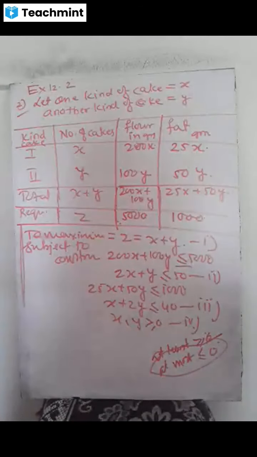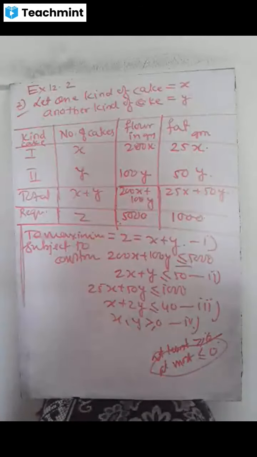They have used the words there should not be a shortage, and the condition when nothing is given. If at least is given, we have to consider greater than or equal to values. When the word at most is in the problem, then you go for less than or equal to. But when nothing is given, then also you consider less than or equal to. So the first constraint we find here is 200x plus 100y less than or equal to 5000.